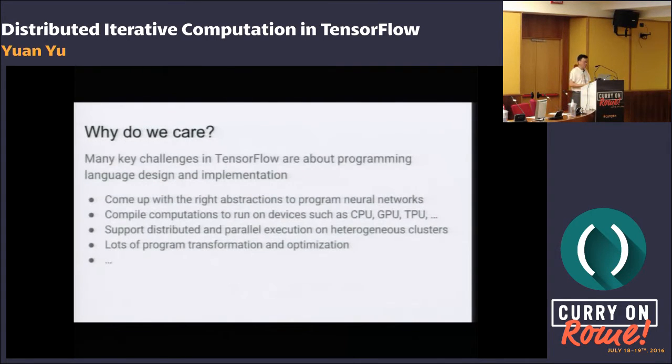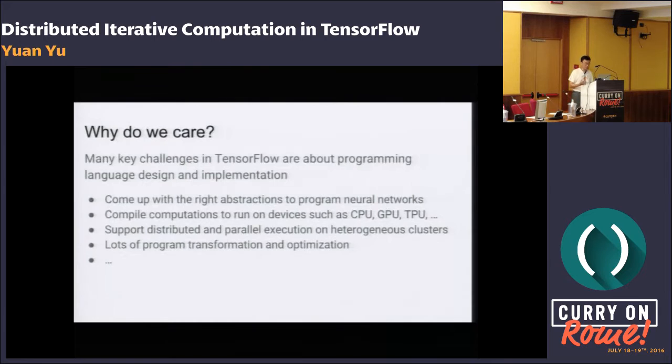Of course, we also want to support distributed and parallel execution on a cluster of these computing devices. Imagine the cluster contains tens of thousands of computing devices, and how to get all those CPUs, GPUs, and TPUs to work together to do some computation at a very large scale.